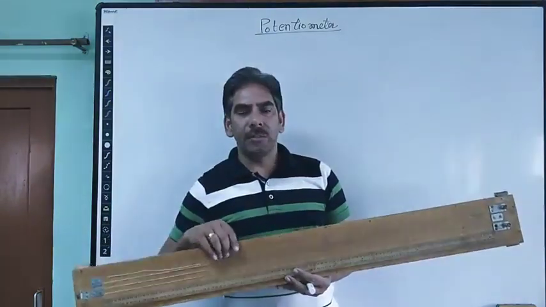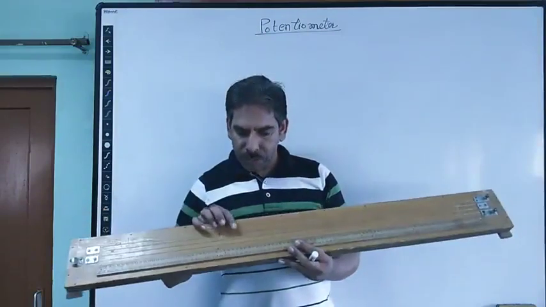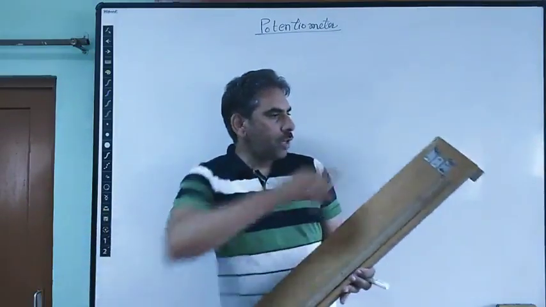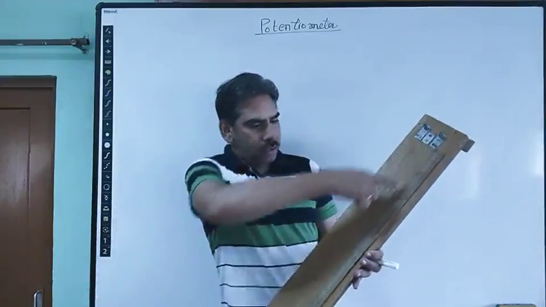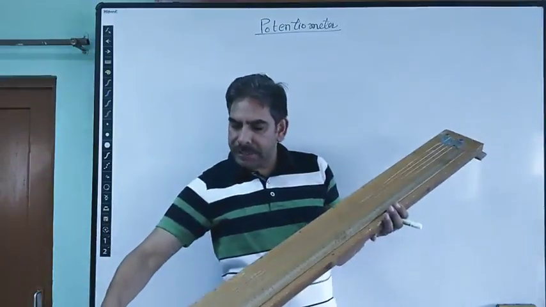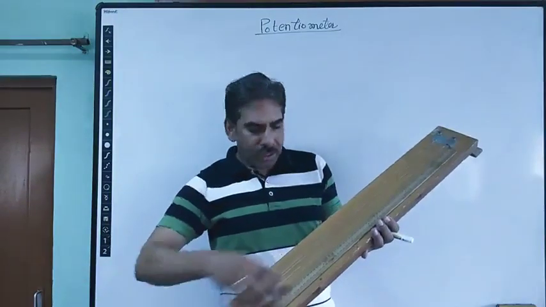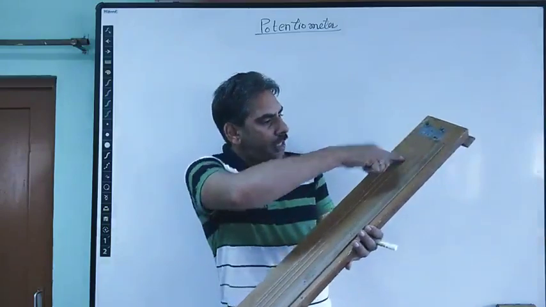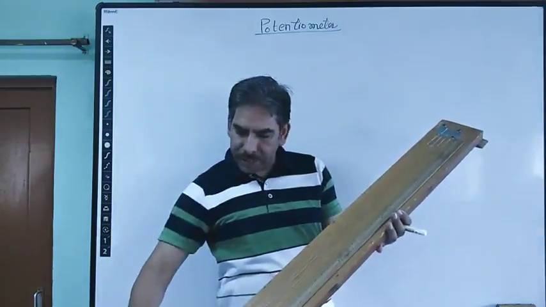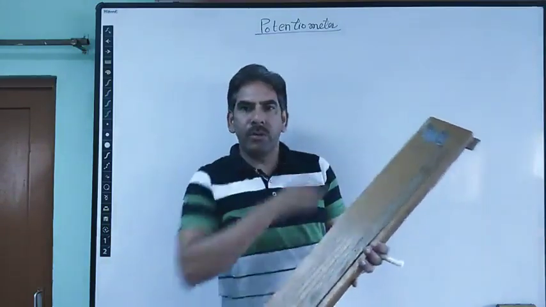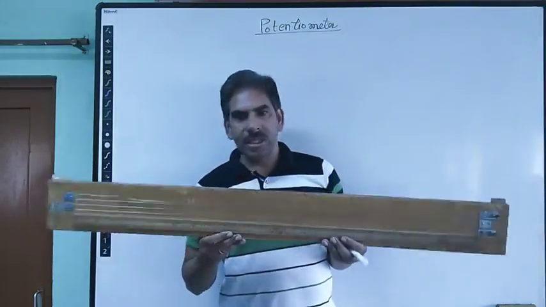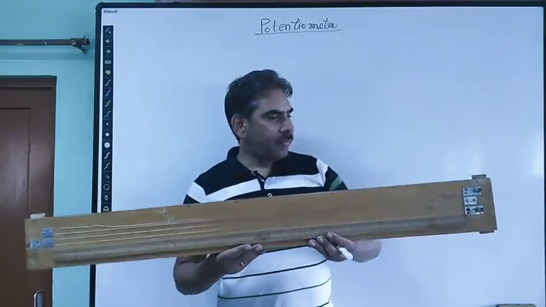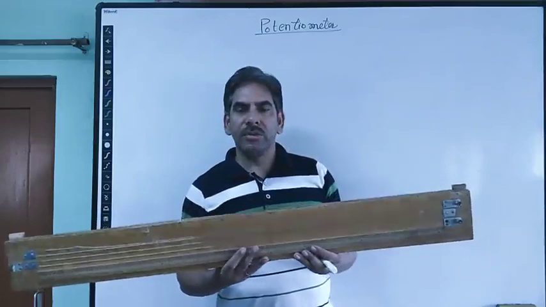This particular potentiometer has 4 meter length of wire, which starts from one terminal. This is 1 meter, and then it is turned to make 2 meter, and then turned again to make 3 meter, and finally again it makes up to 4 meter, right? So this is the simple representation of what we call a potentiometer.